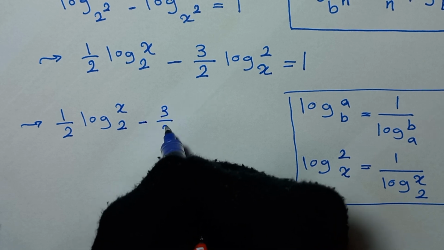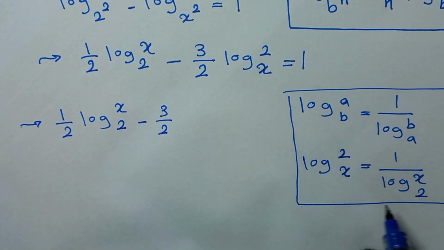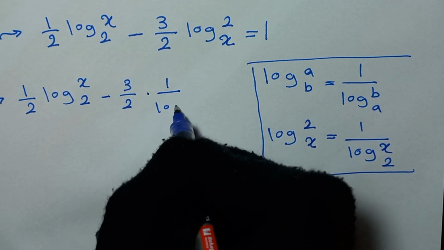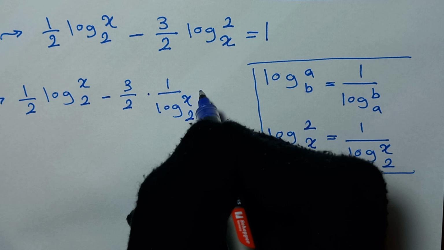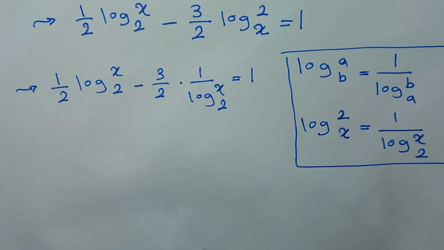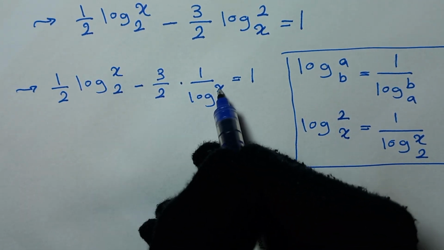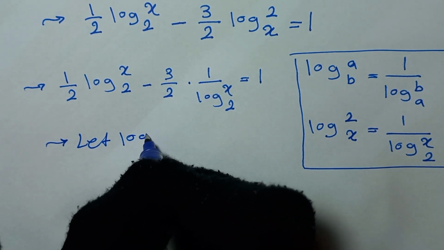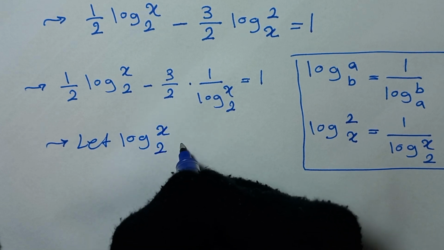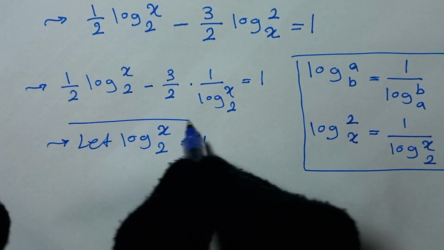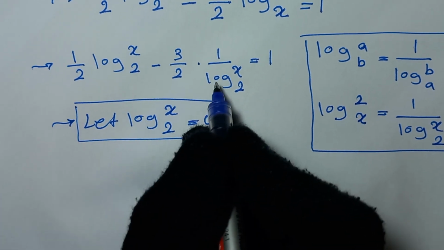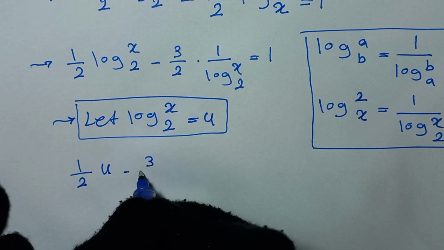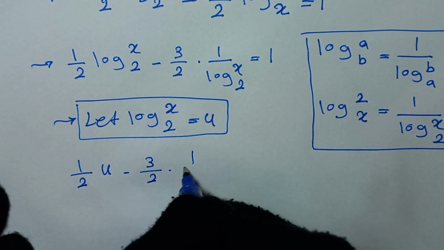minus 3 over 2 log of 2 to base x. We can write this in this form and it will be times 1 over log of x to base 2 is equal to 1. So in here we have log of x to base 2 and log of x to base 2. So let log of x to base 2 be u. So rewrite this equation